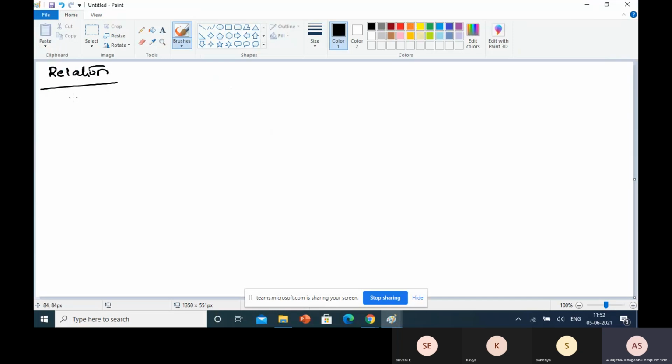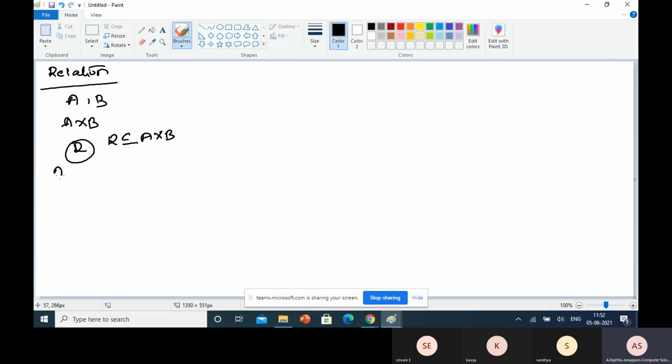Here, A to B, A is some set, B is some other set. Here, a relation between A and B is any subset of the cross product A cross B. That means A cross B, the relation is a subset. So here you can observe R is a relation. So this R is a subset of or equal to A cross B. Okay. So this A cross B contains some ordered pairs. Those ordered pairs are formed by using Cartesian product. So a relation between A and B is any subset of the cross product A cross B.